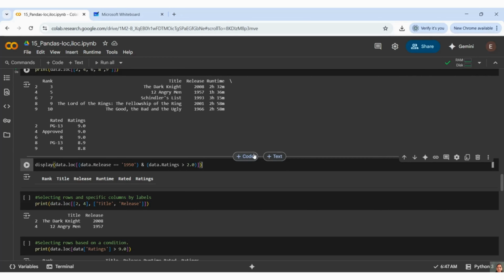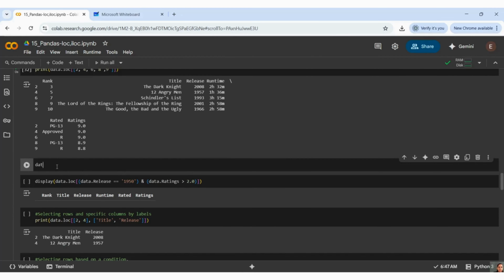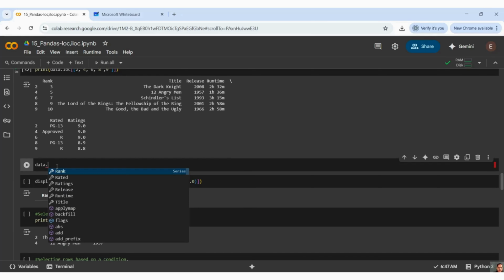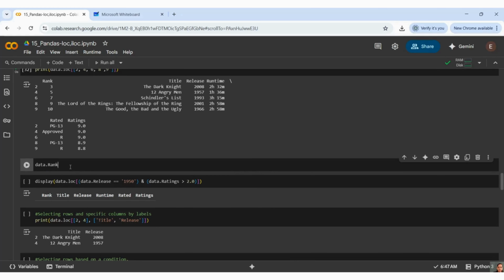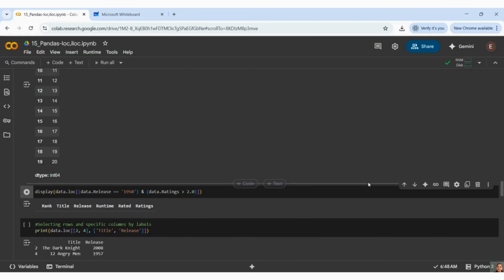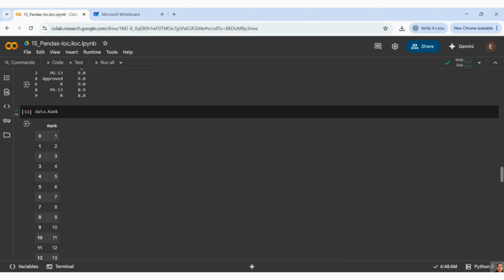Let me show you that as well. If you want to directly fetch column names, right? These are your column names. It is telling you rank, rated, ratings, release, runtime, titles. So you want to get rank, and just do like this, and you will get all ranks, right? This is how you can get column names. If you want to fetch multiple column names, this is how you can do. Just do like this.